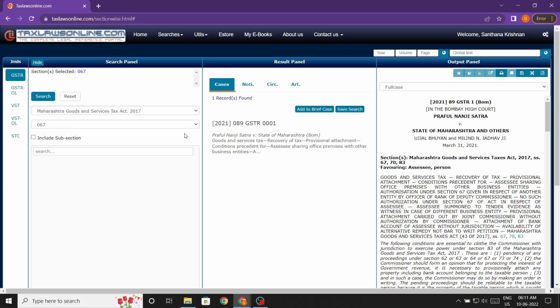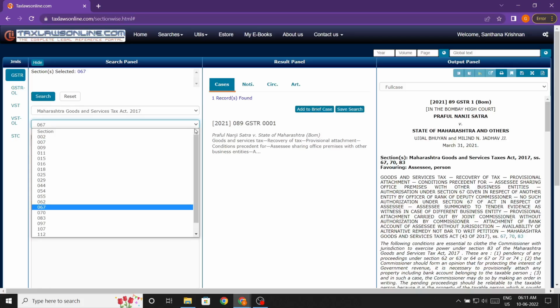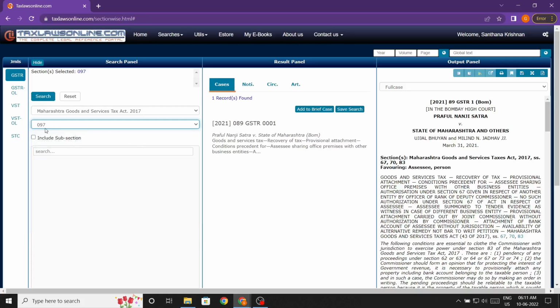We'll do one more section search based on the same act. As told before, click the drop down here of the section. Let me select another section. For example, I am selecting 97th section and you can see the section selected here as 97. Click search